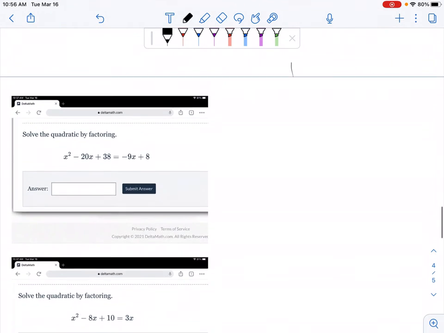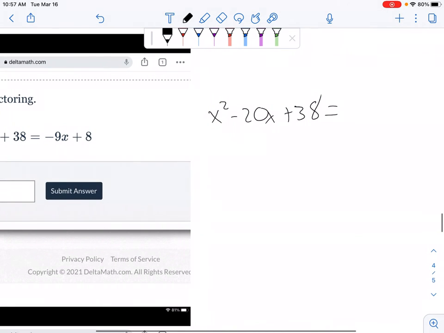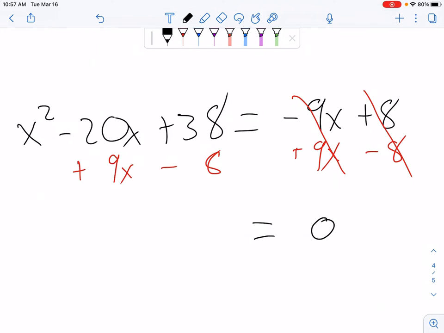Okay, last two examples. I'm going to copy this one down off to the side. So I have x squared minus 20x plus 38 equals negative 9x plus 8. Okay, so to get this to equal 0, I'm going to have to move this 9x over by adding it to both sides. I'm going to have to get rid of this 8 by subtracting it from both sides. So these both cancel out to give me 0 on this side. And when I evaluate the other side, I'm going to get negative 11x